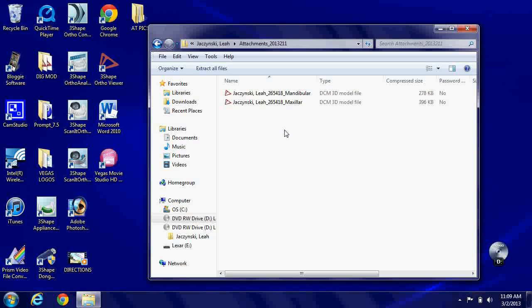And you can view these directly from here, but I suggest that you go ahead and save them. So what you're going to do is left click on the first model, and then hold down the shift bar and move the mouse and left click on the second model file. And once those are both highlighted, then go ahead and right click on the highlighted area, press copy,